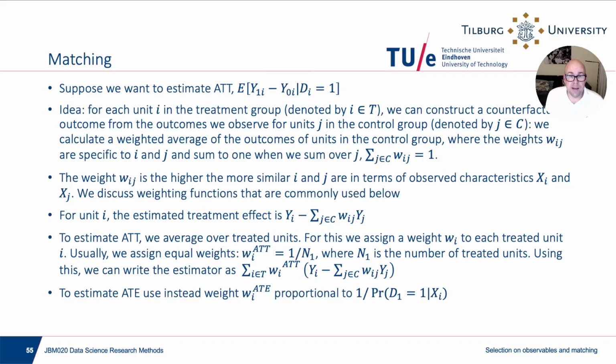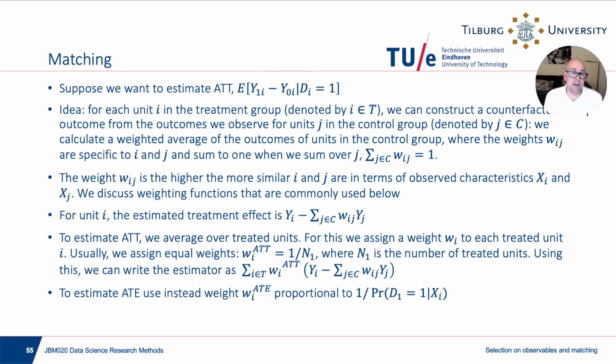So that means for each I have an estimated treatment effect. I have this basically stored in my data. That's step 1. And step 2 is to estimate ATT. What we need to do is we have to average over I's, right? So first step, we construct a counterfactual for each I, and we subtract that from the outcome of unit I.